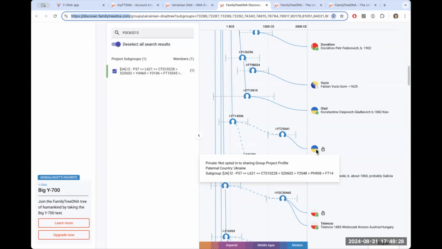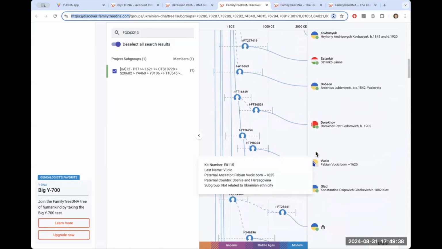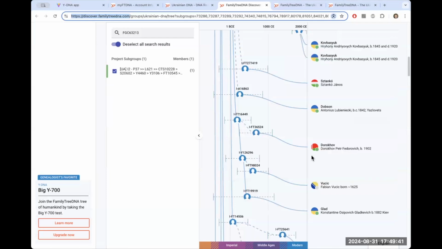So it's okay. It is a right people have to these settings. But as you see, many people did change settings to share information publicly, because the main idea of having DNA tests